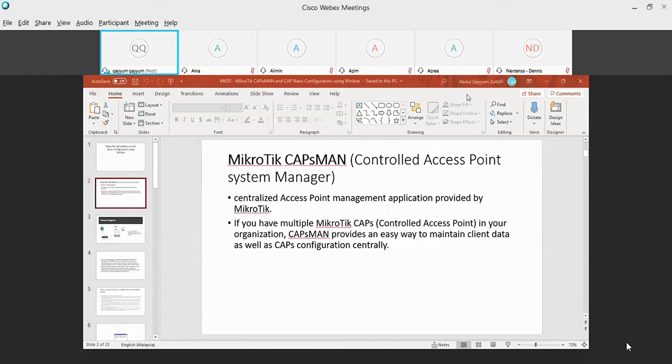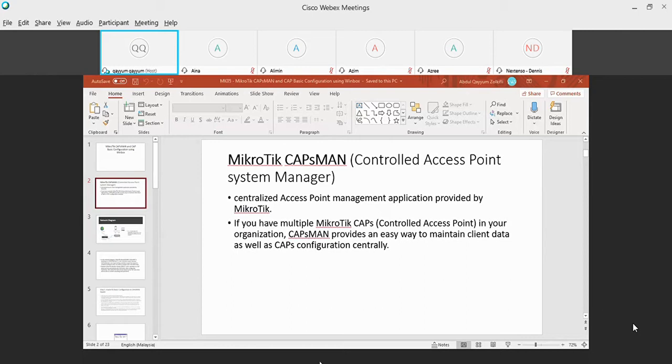There will be one router as the controller, and it will manage all of the CAPs. This is only for managing MikroTik AP, the CAP model.